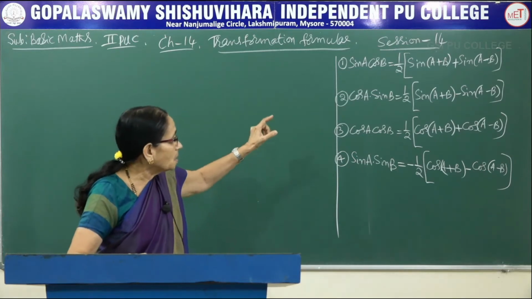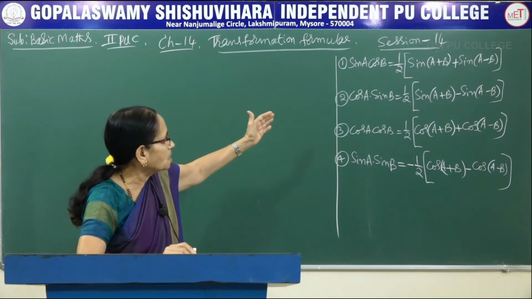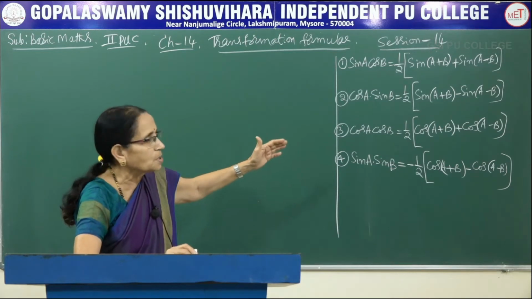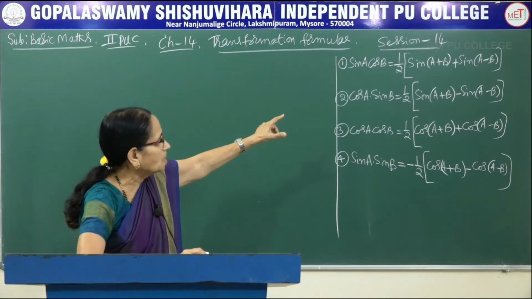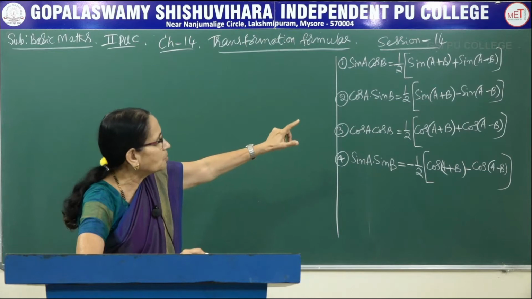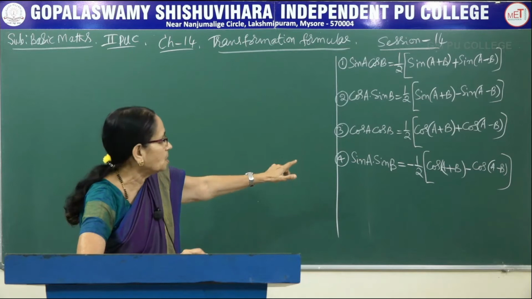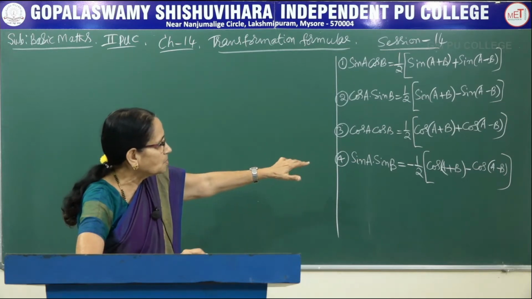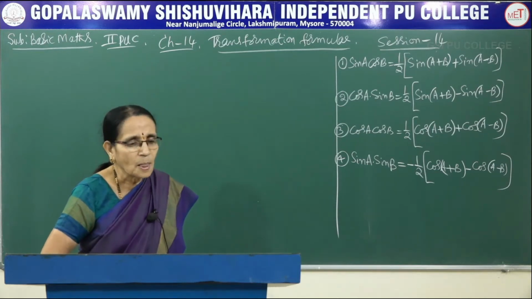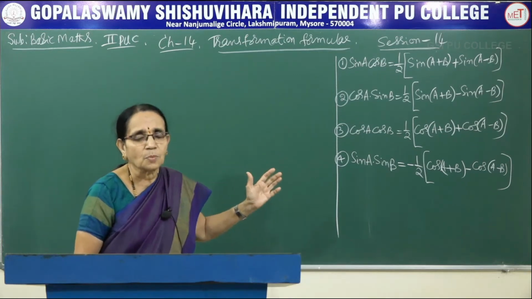Now, these are the first 4 formulae where the products sin A cos B, cos A sin B, cos A cos B and sin A sin B can be expressed as a sum or difference of functions. So, sin A cos B would be, on the right hand side, the sum of two functions. Cos A sin B, the difference of the two functions. Cos A cos B, again the sum of the two cosine functions, and sin A sin B, the difference of the two cosine functions with a negative sign outside the bracket. Now, for a 1 mark question you can express conversion from one form to another form.